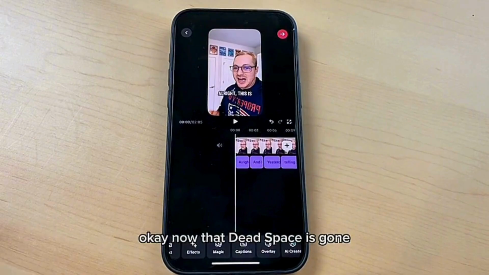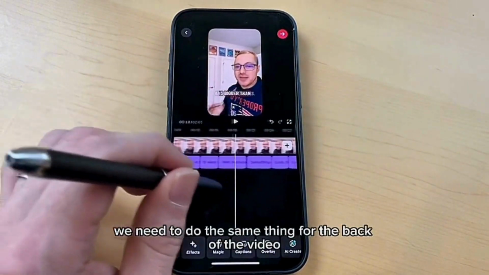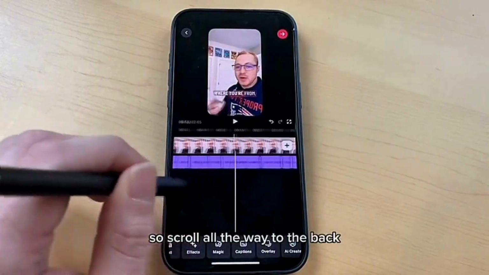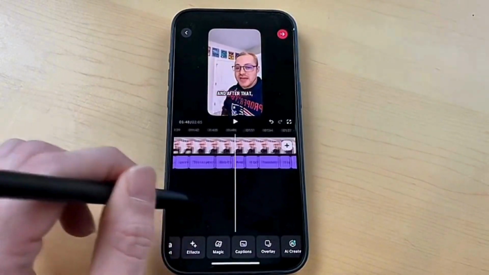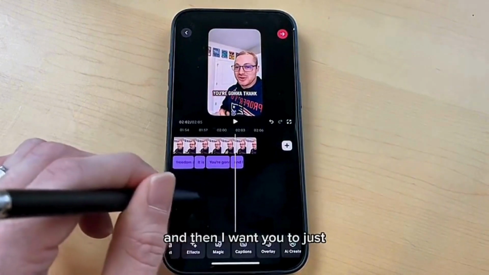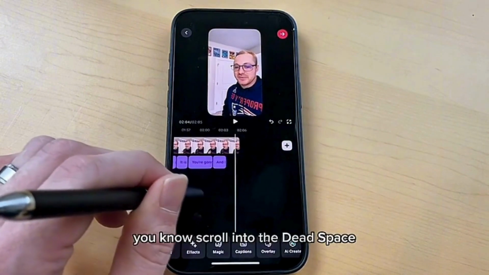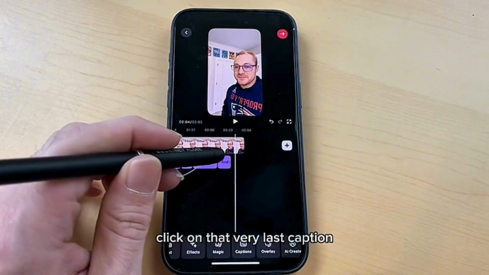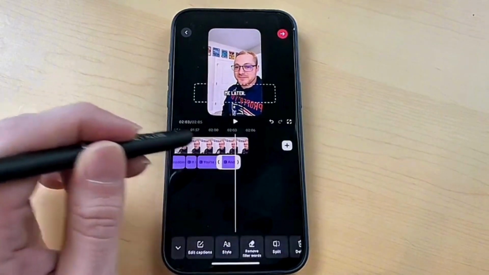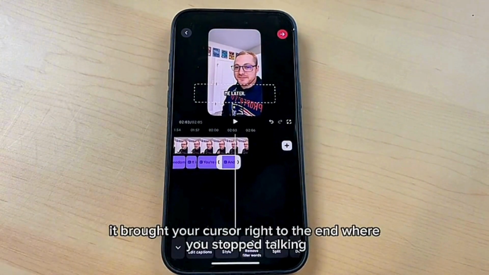Okay, now that dead space is gone. We need to do the same thing for the back of the video. So scroll all the way to the back, and then I want you to scroll into the dead space so your cursor's on the dead space. Click on that very last caption, and again, see it brought your cursor right to the end where you stopped